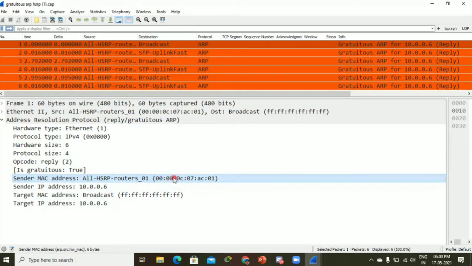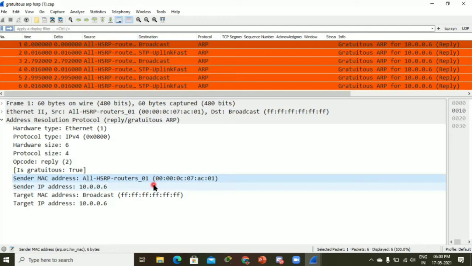00:00:0C:07:AC:01, which is the virtual MAC address of HSRP, which is Hot Standby Routing Protocol. So here there are two routers available.